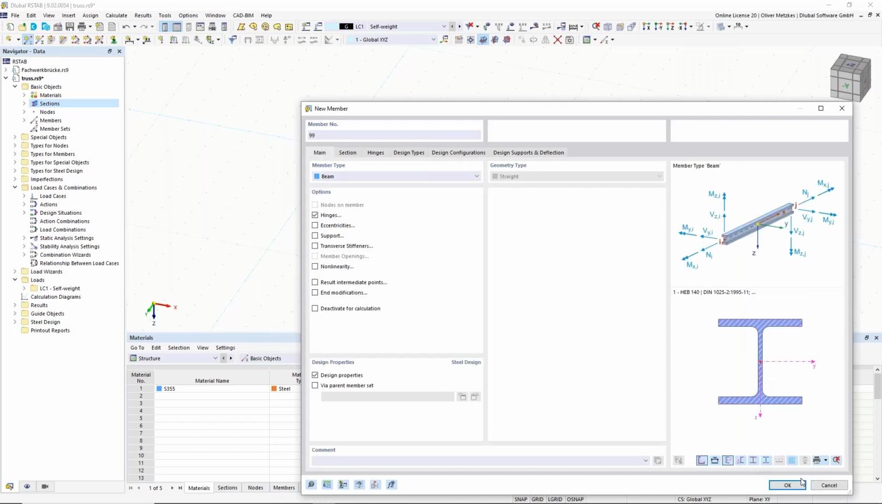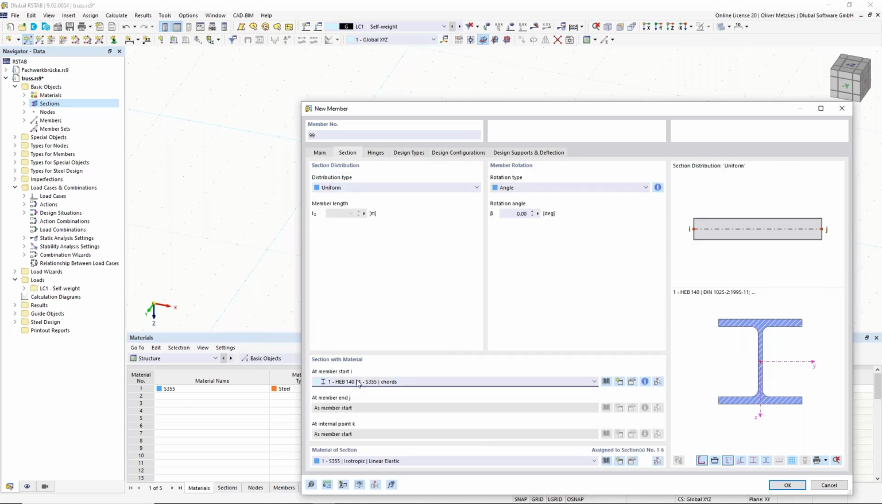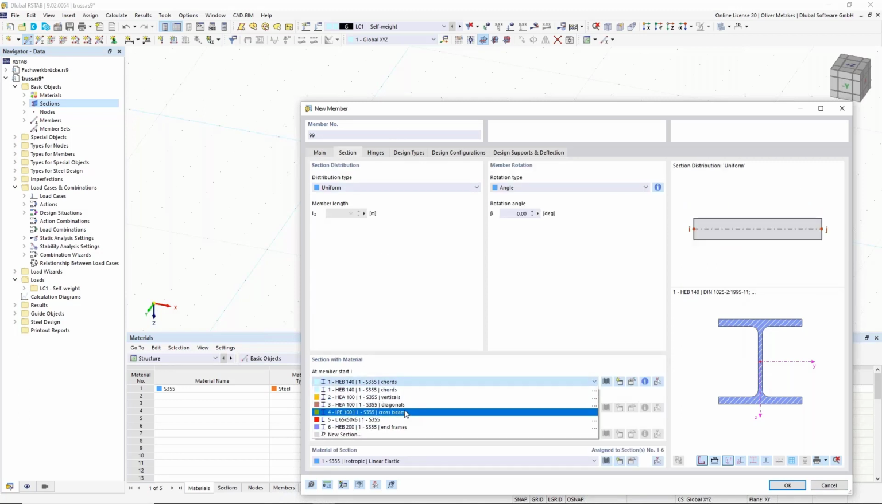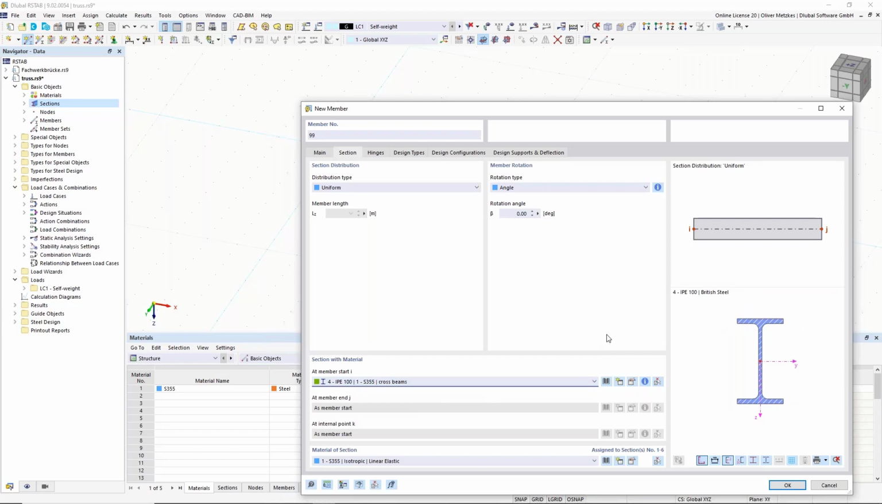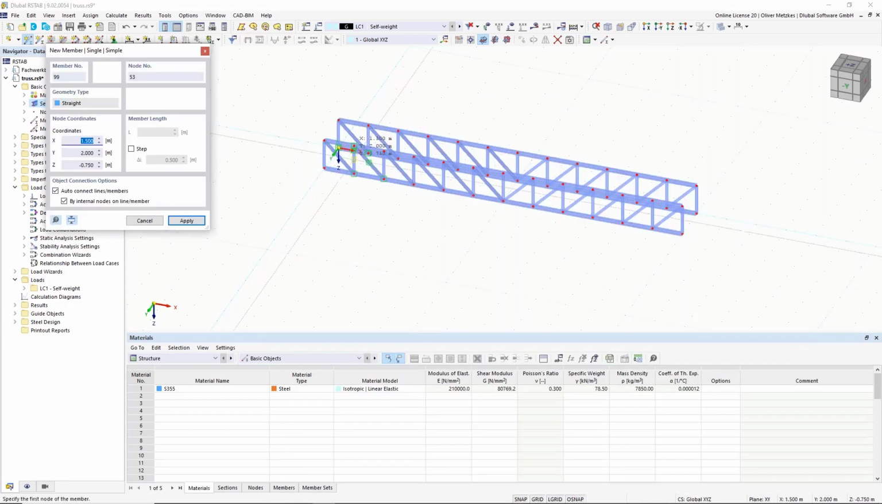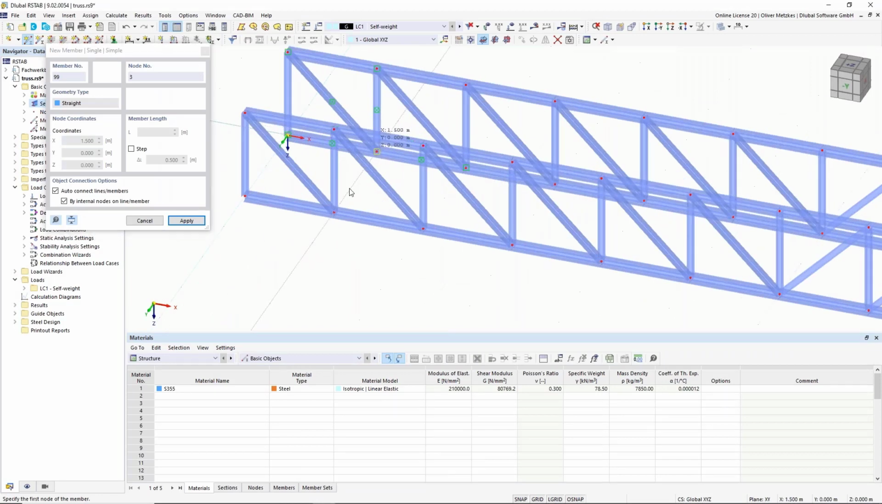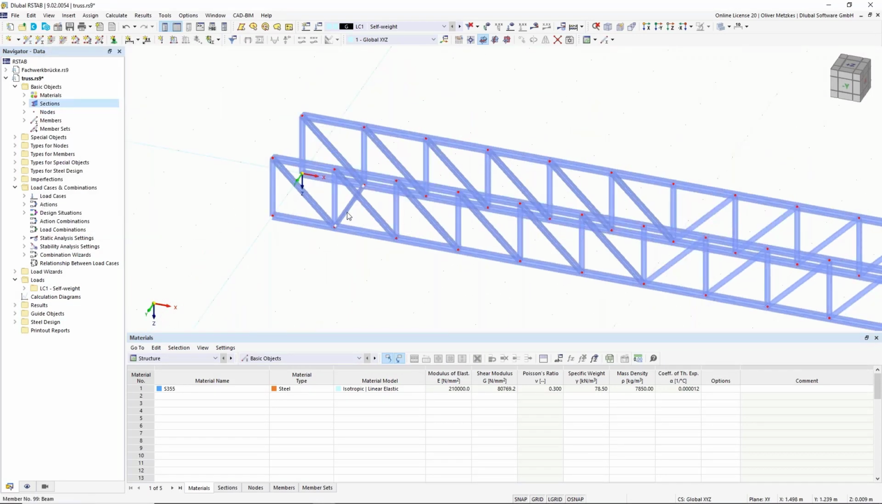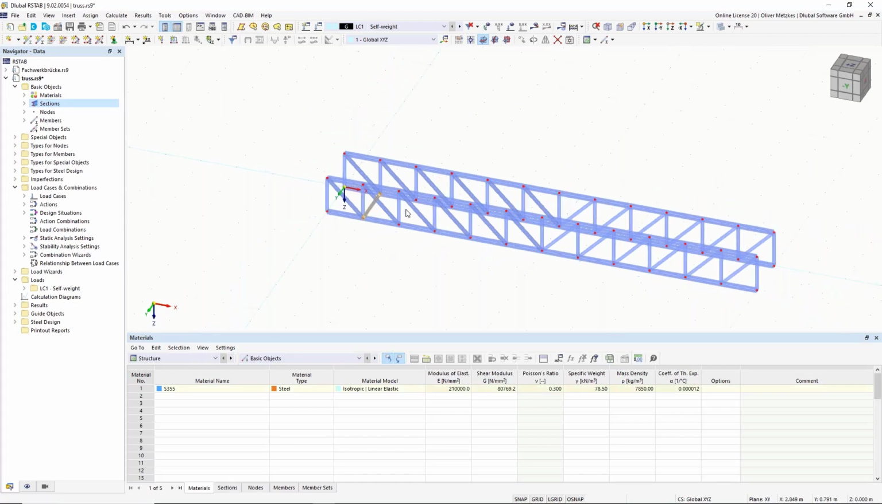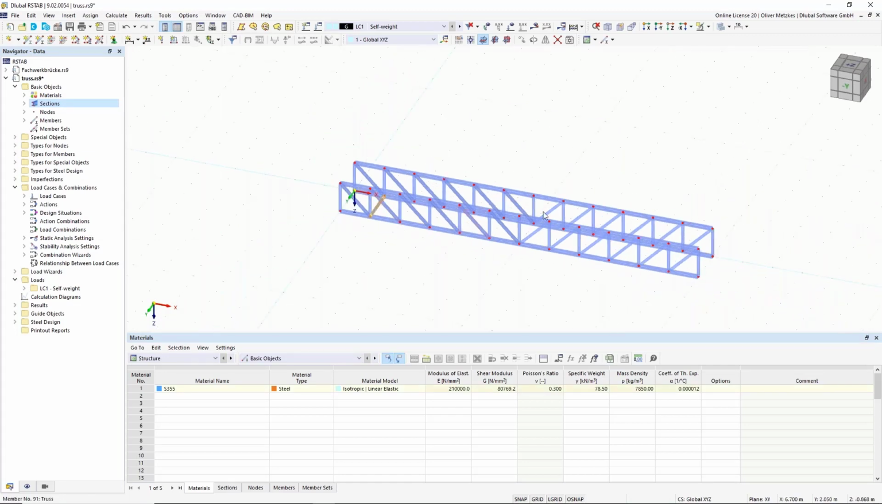So, okay. I have to choose the correct section, I see. So this is still the first section, but I want to have the section for the cross beams, so the IPE sections. I confirm it, and now I can model here this beam by picking the two nodes. Okay, now I have created one, and I would have to copy it here 11 times so that I have